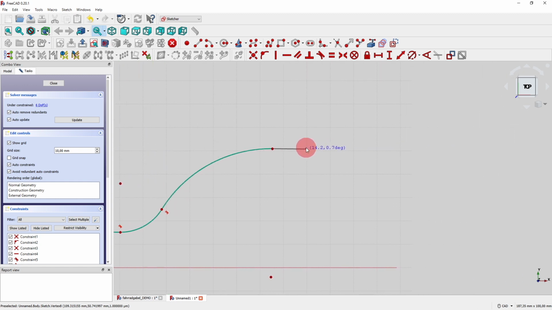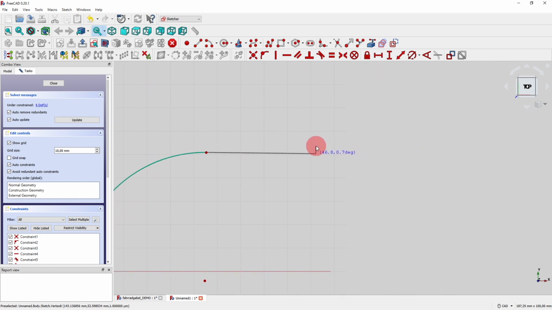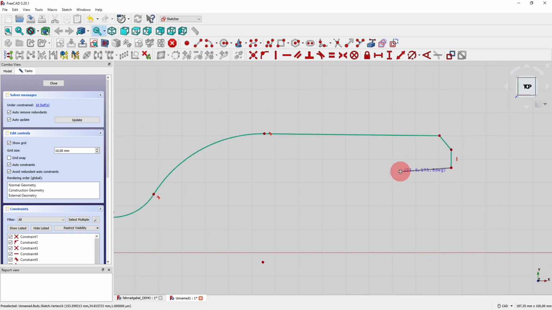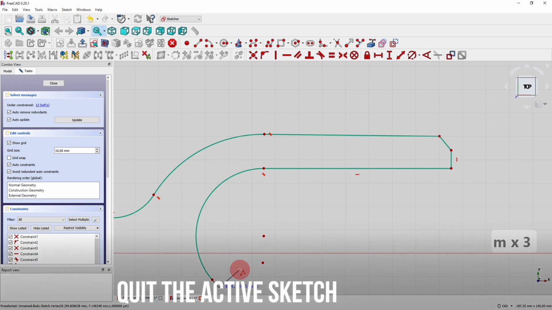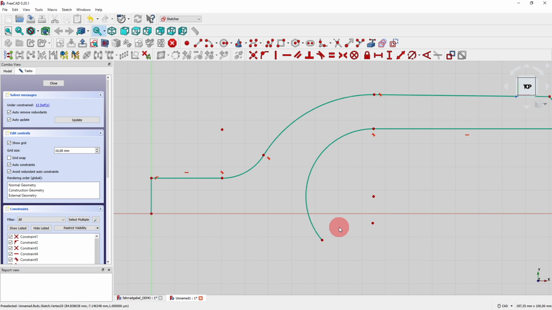So drag a little bit. You can drag even while using the polyline tool. Then create the next line. Go down and down here, and then go back to the left. So then M again to create the next arc. And to end your tool, just press the right mouse button and right mouse button again, and then you quit the tool, because the last line should be a straight line from here to here. So line from here to here, right click, and then we can use the trim command, trim edge, to trim